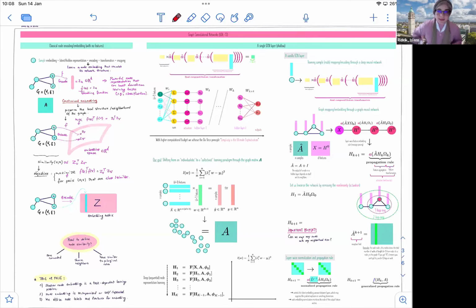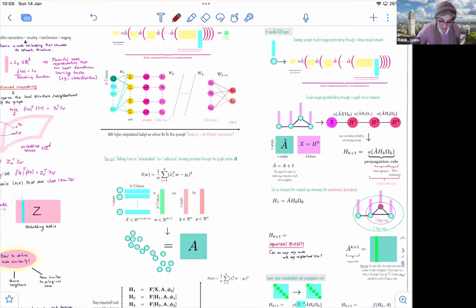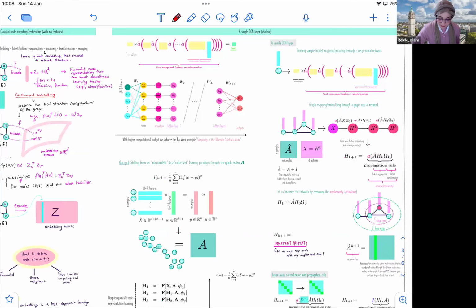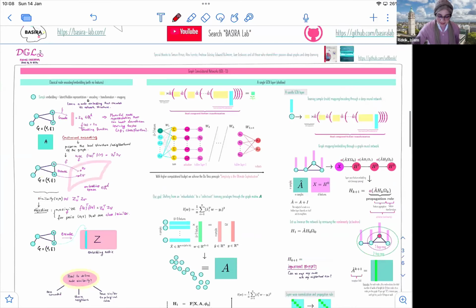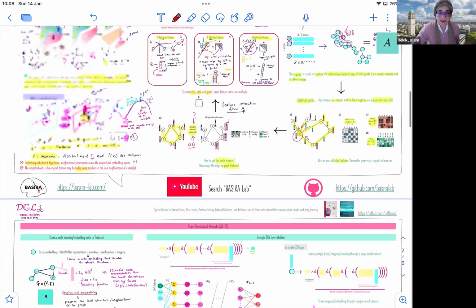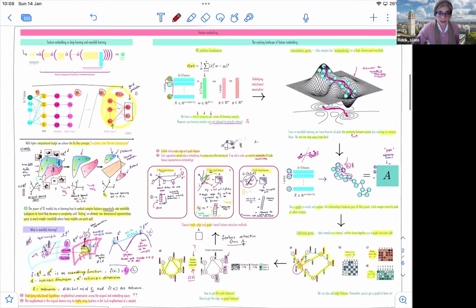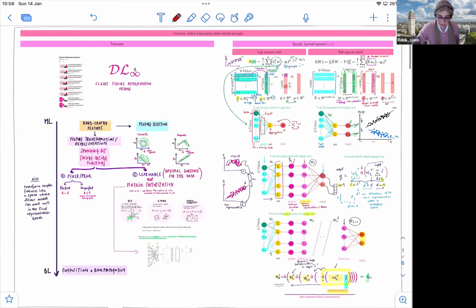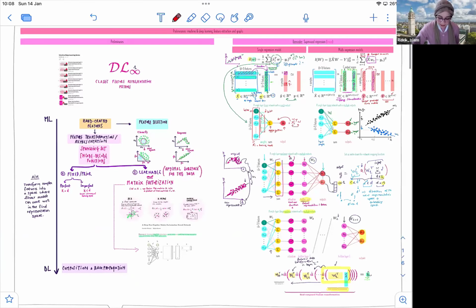So in this section, we will cover the classical node embedding methods, just an overview about these methods, and then we'll go into the single layer GCN and an introduction about how it works. So as we have seen in the previous session, basically we introduced machine learning, regression problem, linearity, nonlinearity, and